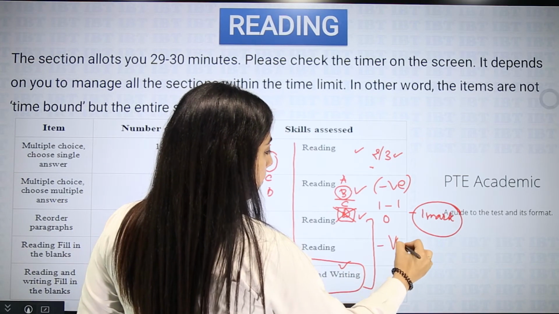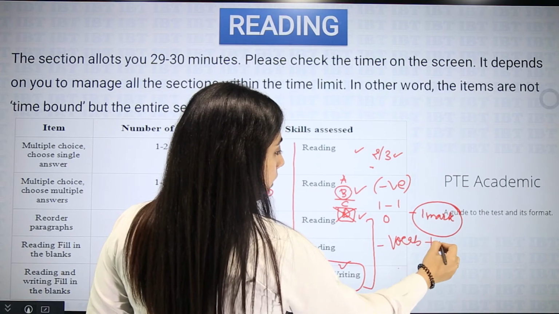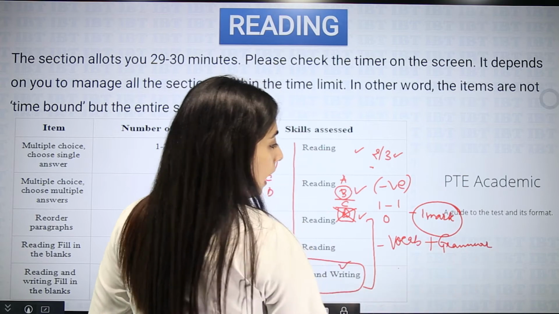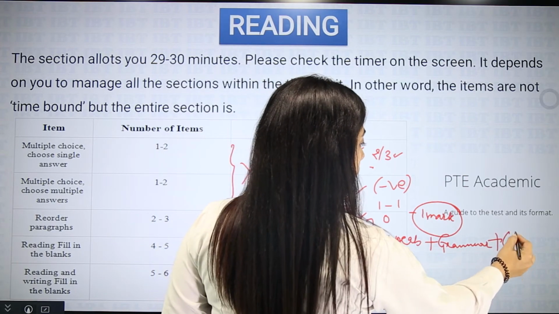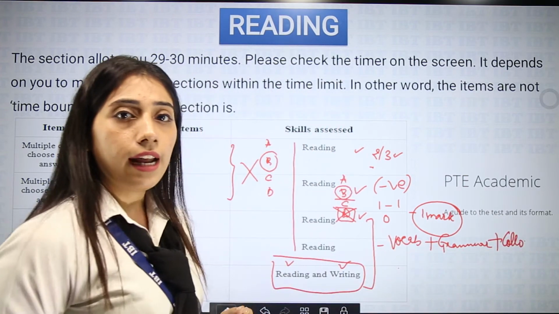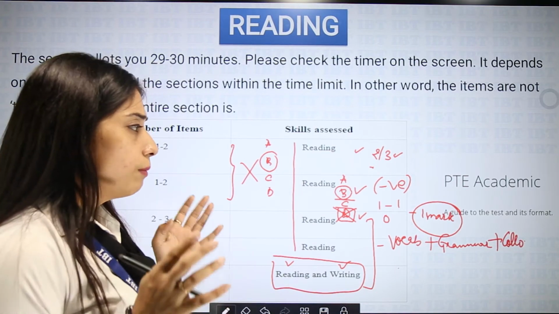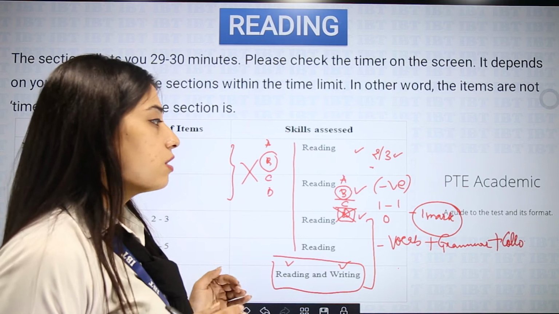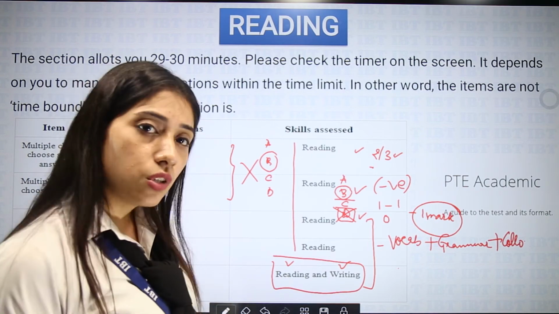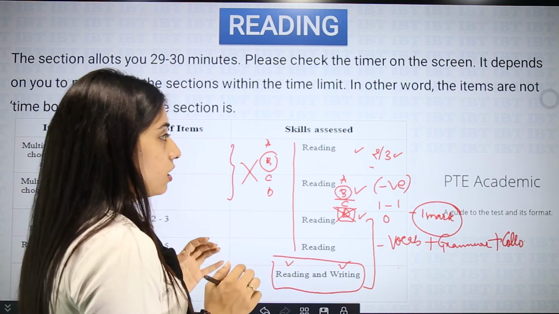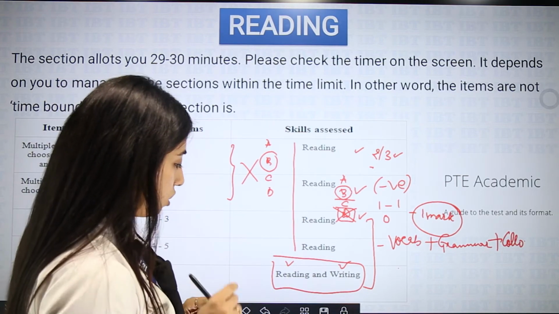First is vocabulary. Second is your grammar. And third is your collocations, right? So these 3 are the things which should be well thorough. You should have a basic knowledge about these things, and you should ideally be able to understand what you have to attempt. Okay, so in reorder paragraphs, what happens is there will be certain,